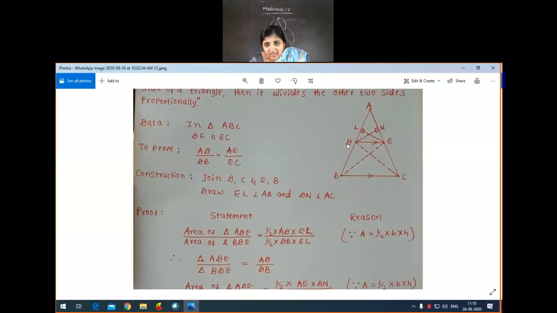So why we are covering this AD and BD? So our proof is this one. So these two sides are in the same ratio. Okay. So then BD is base. Which one is height? Height is this EL only. So this one actually we discussed in the previous year classes.